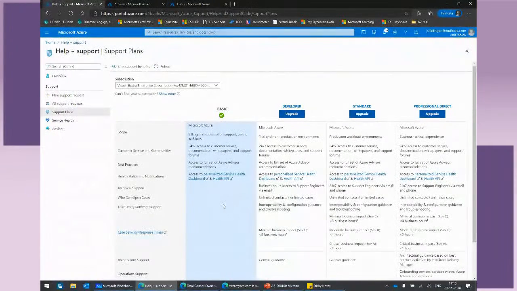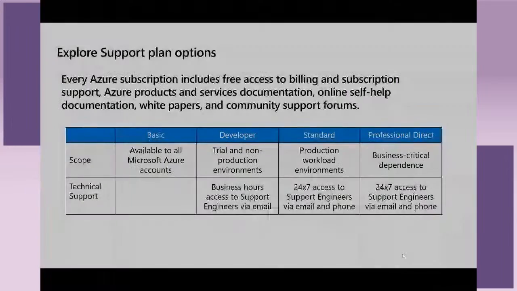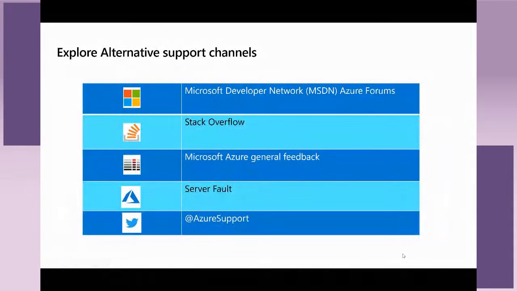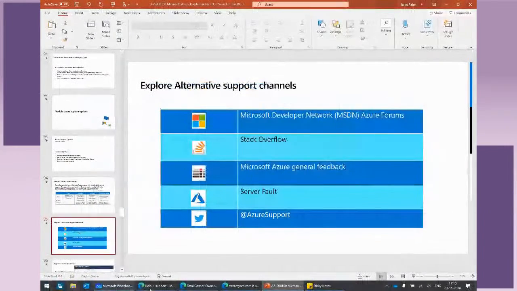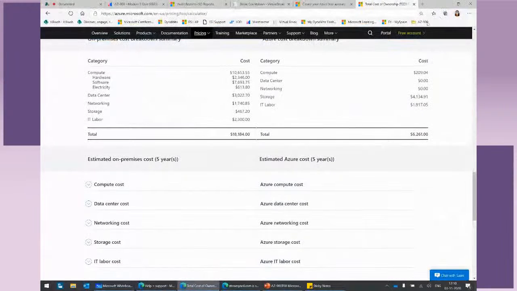If you're just a starter, you can just go with this basic one. Okay. Then comes, we have various support channels that are available. So you must be aware of this, all the Stack Overflow and MSDN forums and our Twitter. So you can raise your queries there also. If at all you want to know where that is, you can go here and